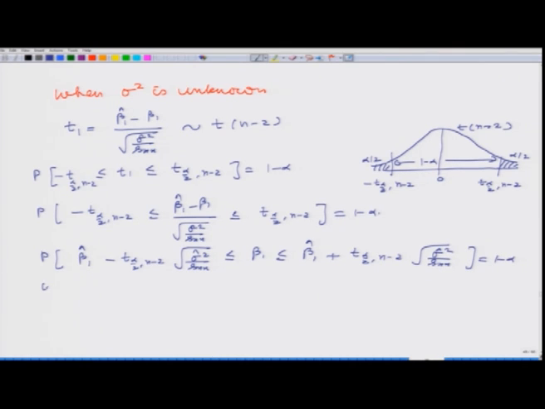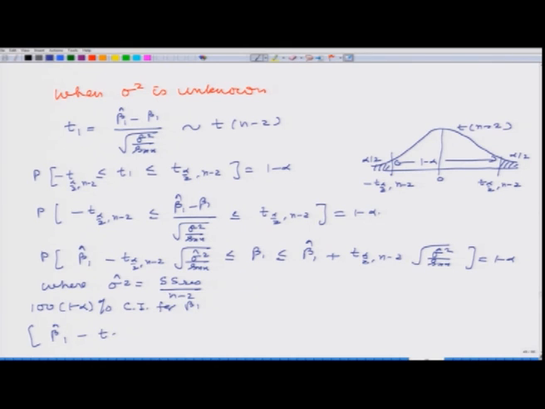Here we obtain the value of sigma square hat as the sum of squares due to residuals divided by the degrees of freedom, where the sum of squares due to residuals is obtained based on the fitted model using ordinary least squares estimation or maximum likelihood estimation. Okay. So, now I have obtained the 100 times 1 minus alpha percent confidence interval for beta 1 when sigma square is unknown as